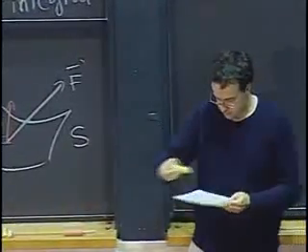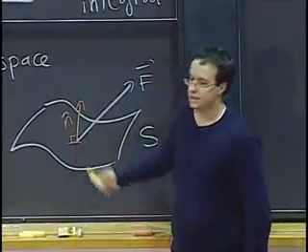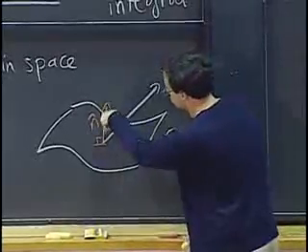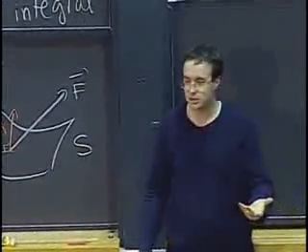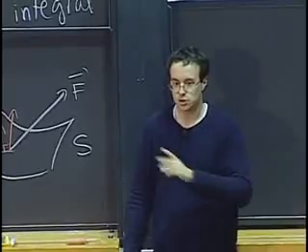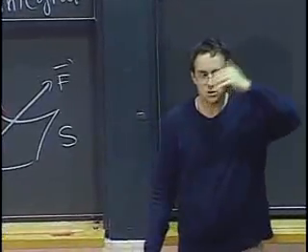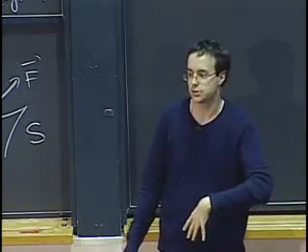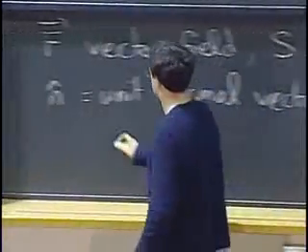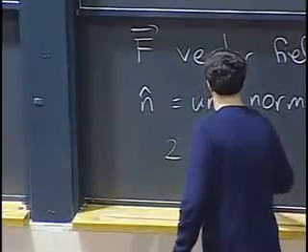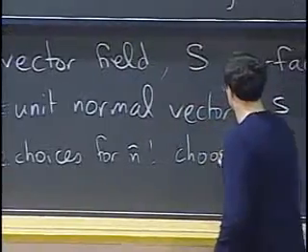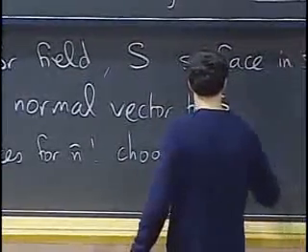Now, well, we have to decide actually which way it's standing. Right? We can build our normal vector to go this way or to go the other way around. There's two choices. Basically, whenever you want to set up a flux integral, you have to choose one side of the surface. And you will count positively what flows towards that side, negatively what flows towards the other side. So there's two choices for n. We need to choose a side of the surface.